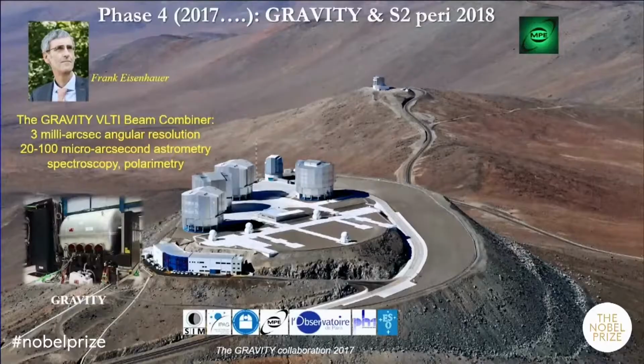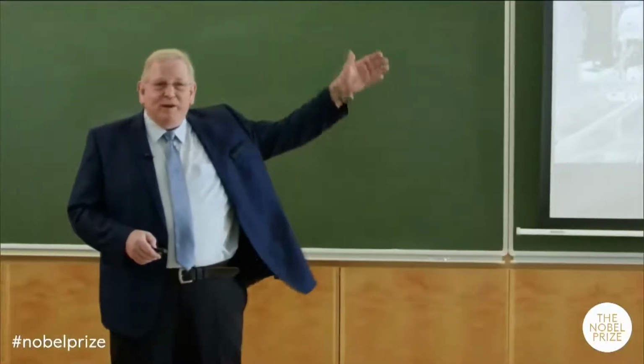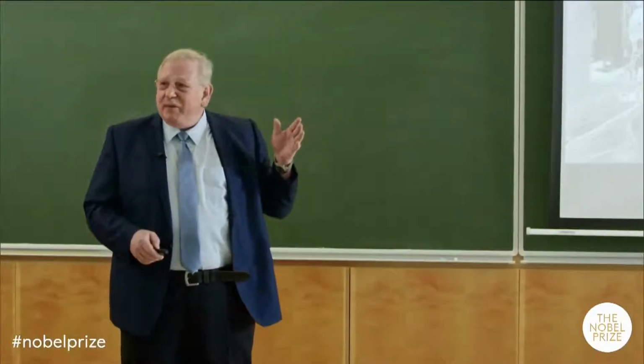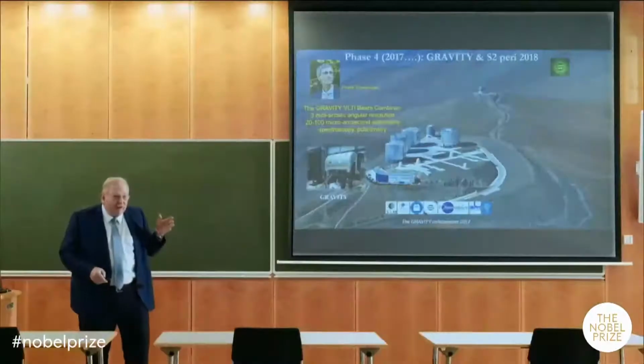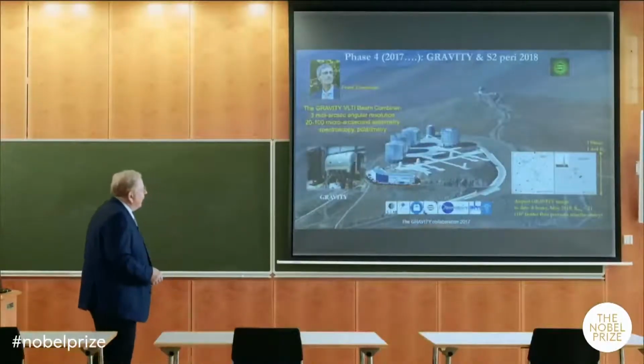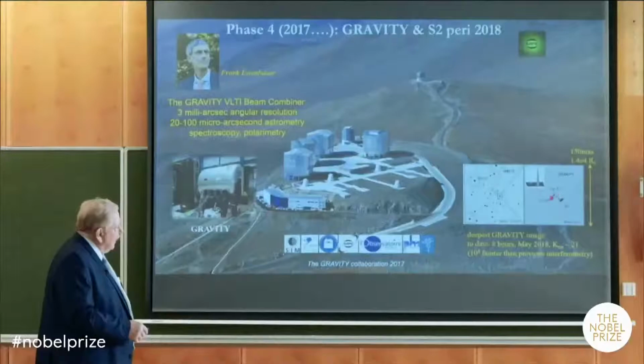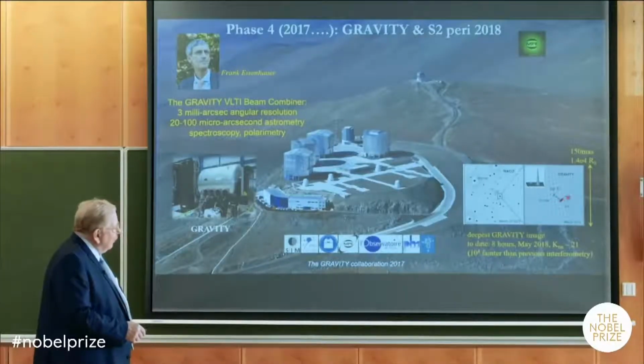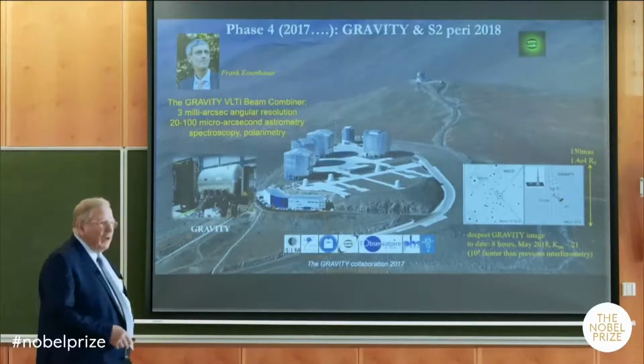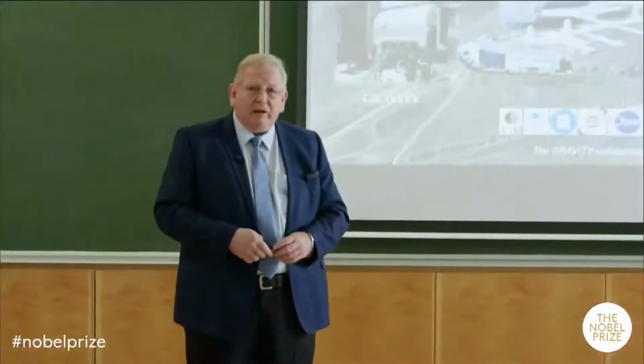The star, in the meantime, was doing its orbital period and was coming back. And we were ready. So that in 2018, when the next peri occurred, we could use the interferometer now to use this high-precision tool to really look very, very closely. By the way, you can see that here you see the star very close to peri, and you see the black hole itself. I'll come back to this later.